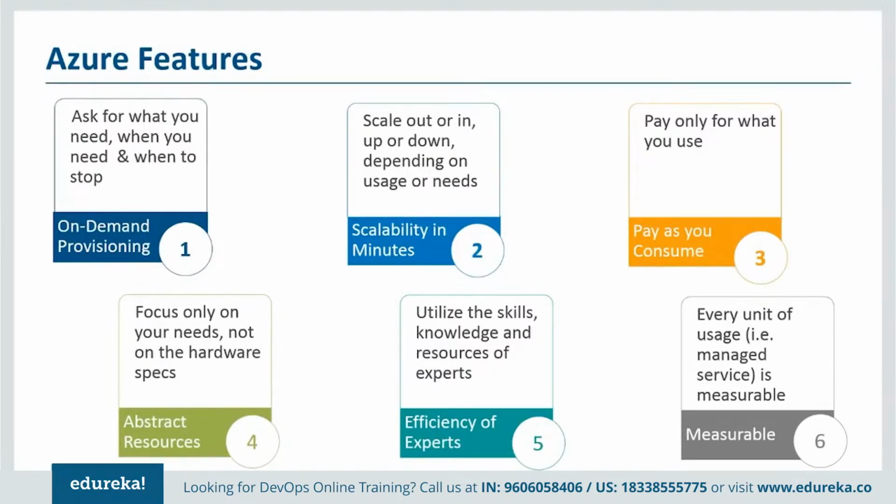For example, if you are working in your on-prem environment, what happens? Let's say you have an e-commerce site and your requirements are suddenly growing. Now, what will you do? You will actually go ahead and say that I need more physical servers to handle that demand. So when you say that, this means your company will have to raise a purchase order. You'll have to provision the machines or basically buy the machines.